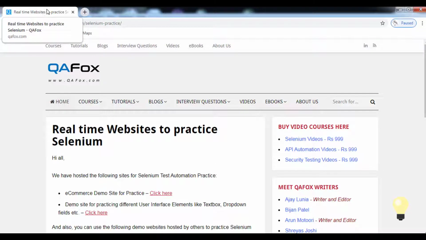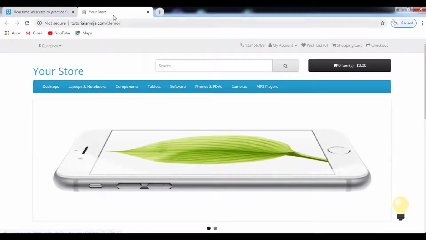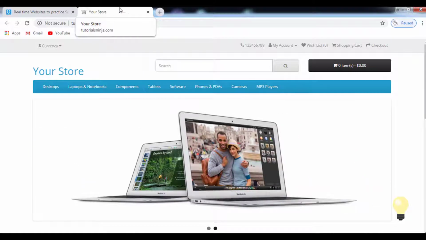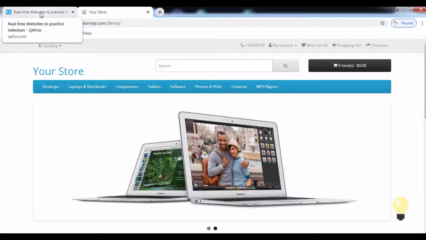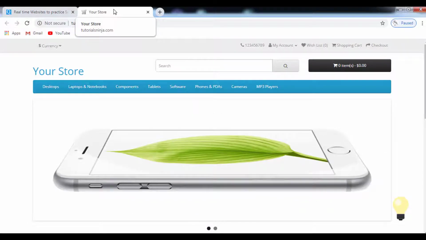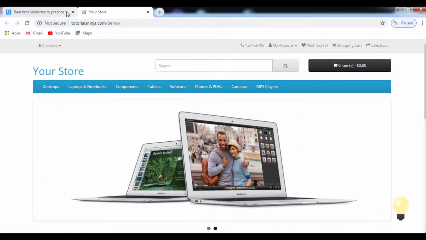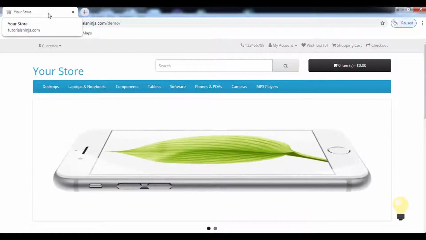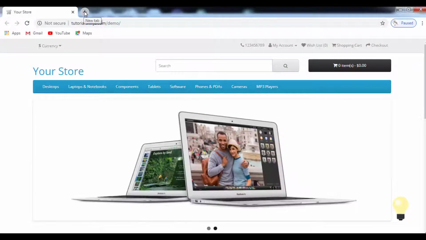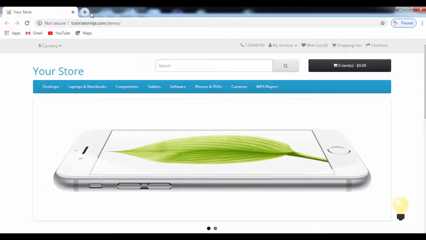We have to click on the "click here" link so that the e-commerce demo site opens, which is the child window. So we have both a main window and a child window. With the help of the close method, the main window will close but the child window remains open.